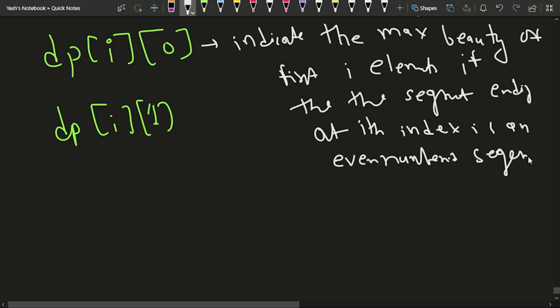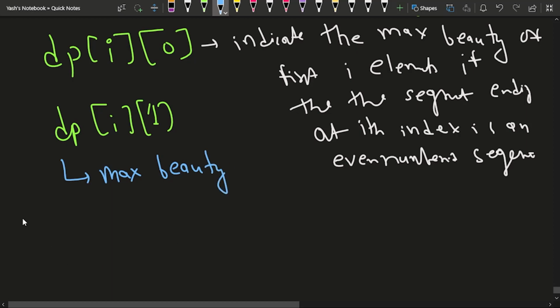So dp of i0 every time will indicate the maximum beauty of the first i elements if the segment ending at the ith index is an even numbered index. Now what is this dp of i1? So dp of i1 will indicate the maximum beauty